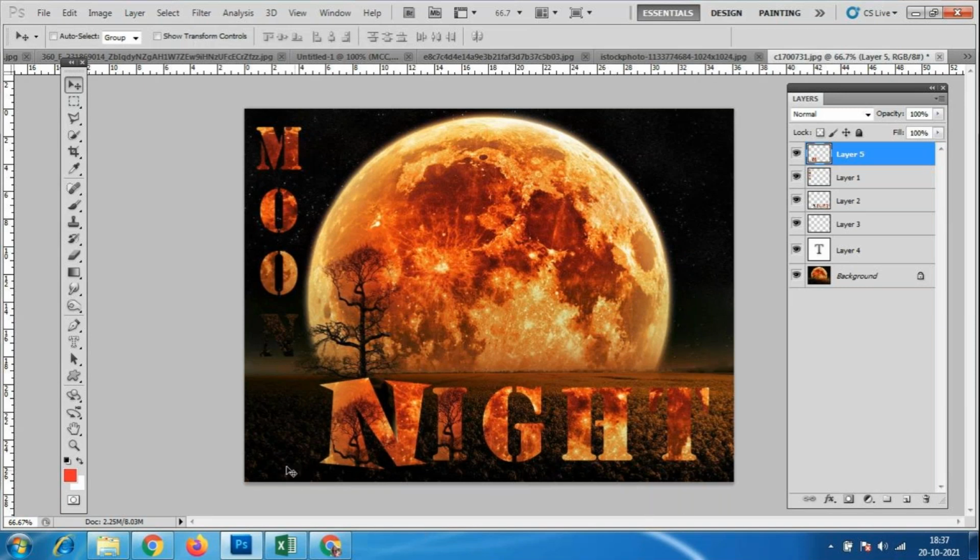So we can make the thing like this. We can make designs like this. So I want from you people something like this kind of title. Like I have given moon night. Otherwise, you can give a planet, planetarium, or anything. You can make it, or a fire, or something like that. Any of the things, like galaxy. So you can make a text like this for me, everybody. That is the assignment for you people.